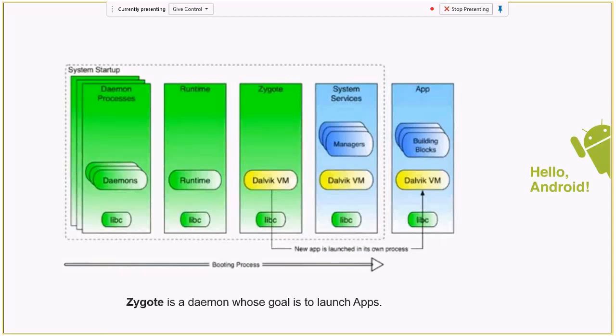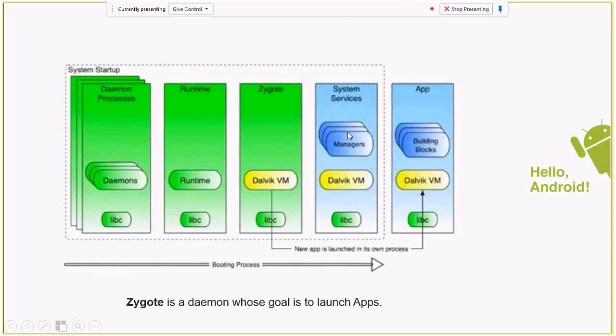So this is how it manages the speed and performance of the system: Android during startup will bring up a process called Zygote. This Zygote process will bring up all the system services and make those system services accessible to other apps in terms of managers. We'll have a look at the APIs for these managers. It will basically bring the process up, then the Dalvik VM, all the system services, and that's it.